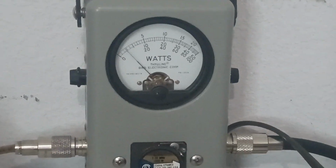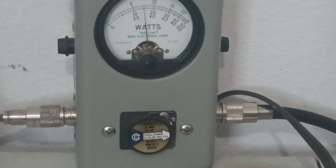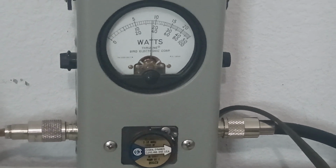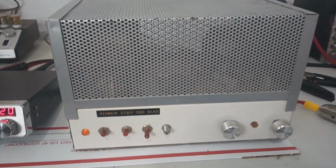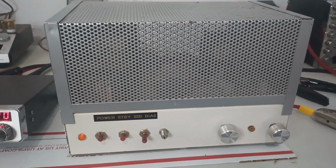blower. And then PEP, about 380 or so. And you may fiddle with it and get a little bit more out of it, but that's really going to be about it. You can smell the heat coming off this thing when I just tune it for just a second. But that's about it. Pretty simple little amp, low drive amp,